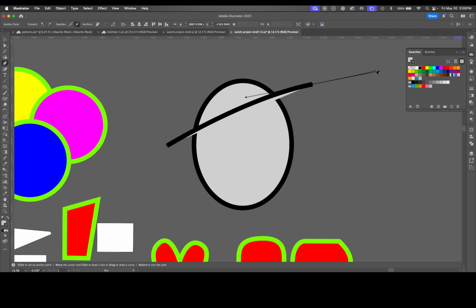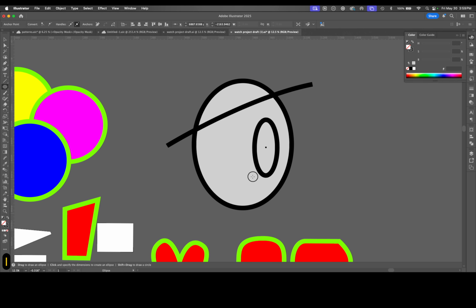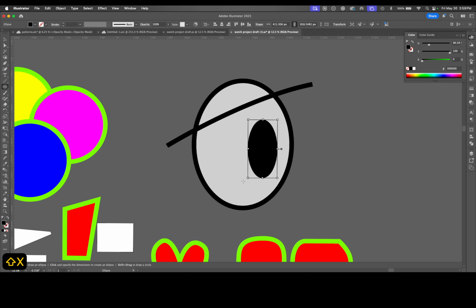Create a line there. I'm going to get rid of my fill here by activating the fill and pressing the slash. Then I'm going to draw a circle here like this. I'm going to give myself a black fill and no stroke. And then I'm going to take a little chunk out of it